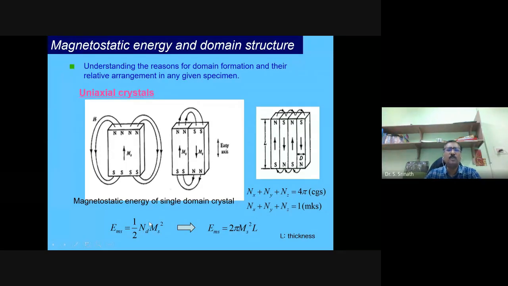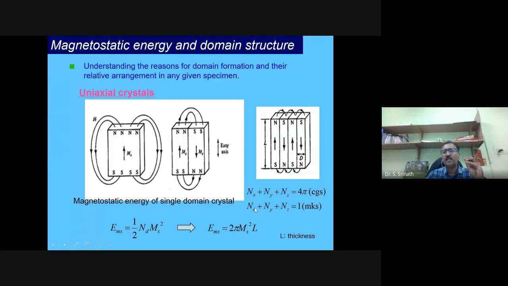I forgot to include the expression for that Nd. I will give you a source. You can calculate it. Given an oblate, an ellipsoid, a cube, a sphere of certain dimensions, you will be able to calculate Nd, and then it gives you the magnetostatic energy. But the total, Nx plus Ny plus Nz, is equal to 1. This is normalized to 1. Basically, the total